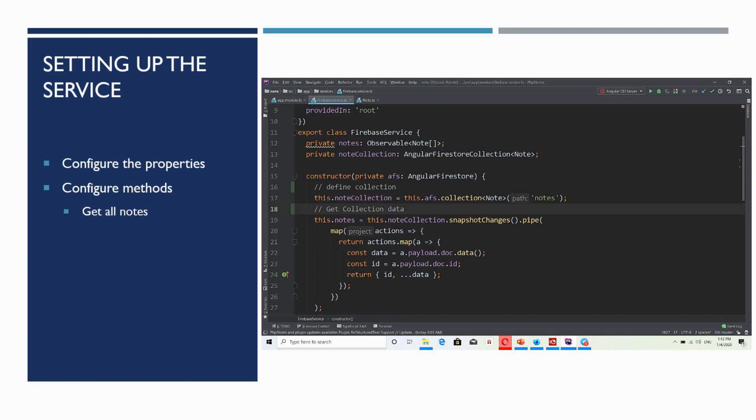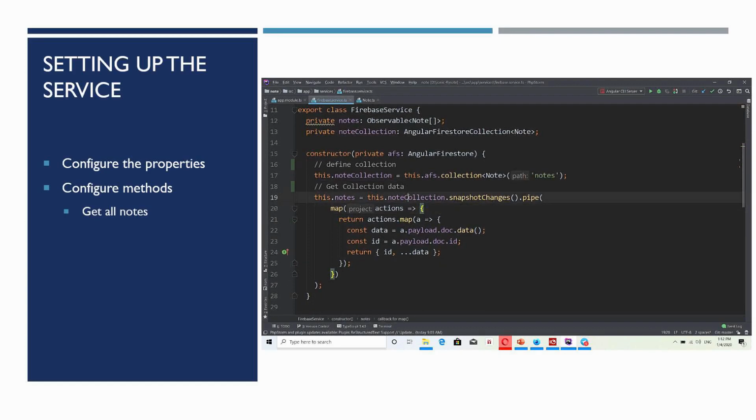This one is going to get my collection data. I'll explain later. My node collection has my collection details. Here I am using that Angular Firestore service and getting the collection, and the collection path is nodes. This is the code for getting the collection.